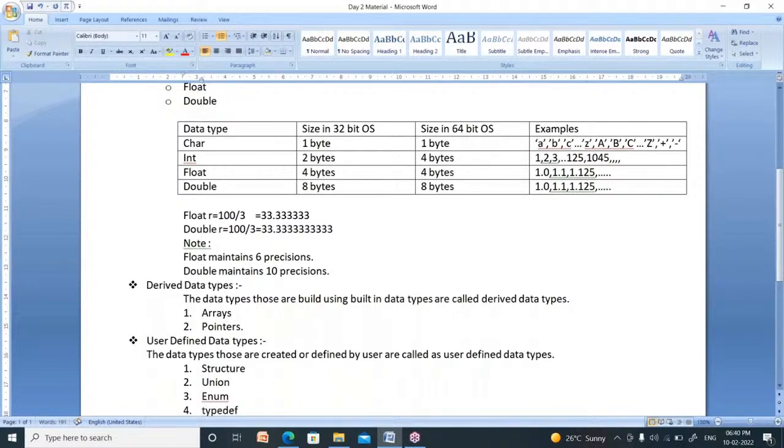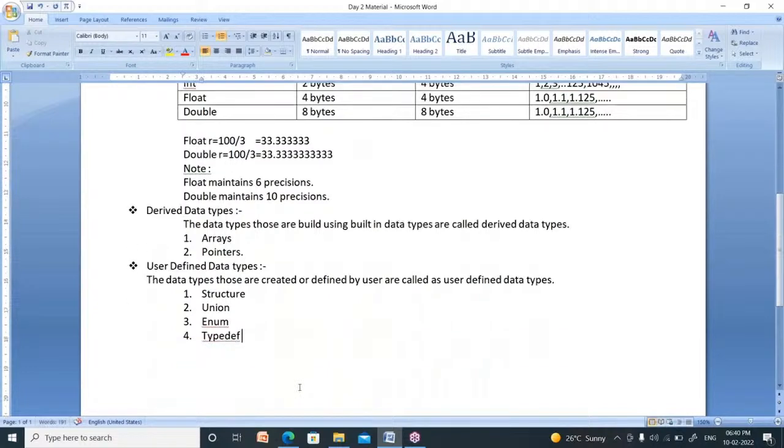Fourth one is typedef. You can define your own data type by using the structure concept, the union concept, the enumerator concept or the typedef concept. These four are the user defined data types. I will explain these later, after arrays.